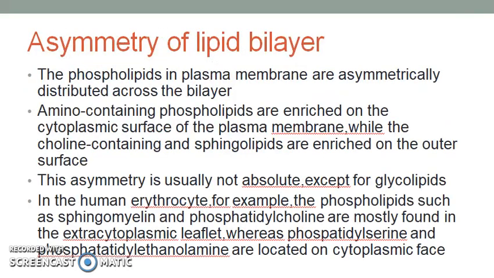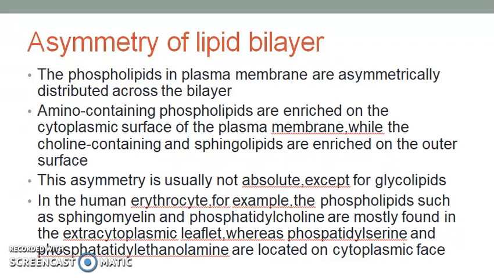Now, coming to the asymmetry of the lipid bilayer, the phospholipids in the plasma membrane are asymmetrically distributed across the bilayer. The amino-containing phospholipids are enriched on the cytoplasmic surface of the plasma membrane, while the choline-containing phospholipids and sphingolipids are enriched on the outer surface. Now, this asymmetry is usually not absolute except for